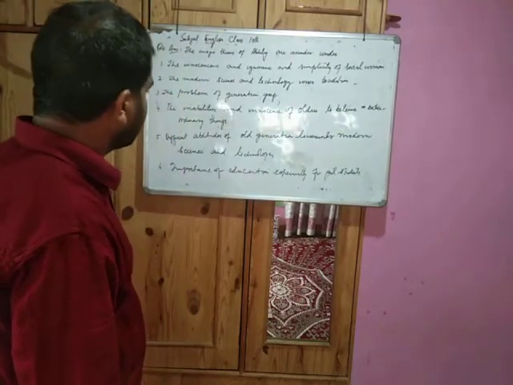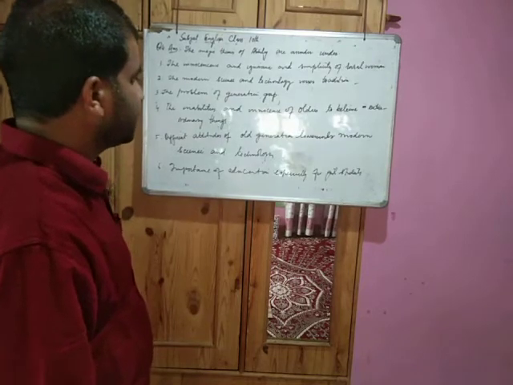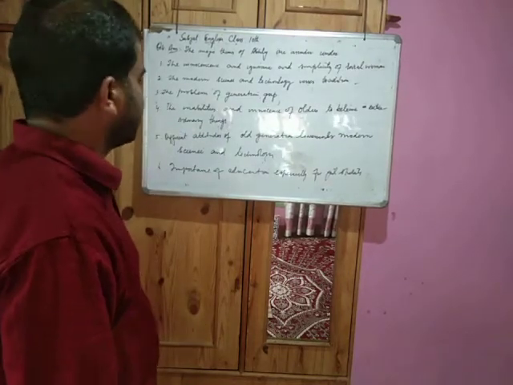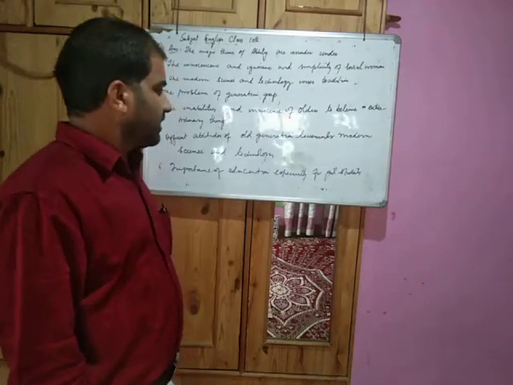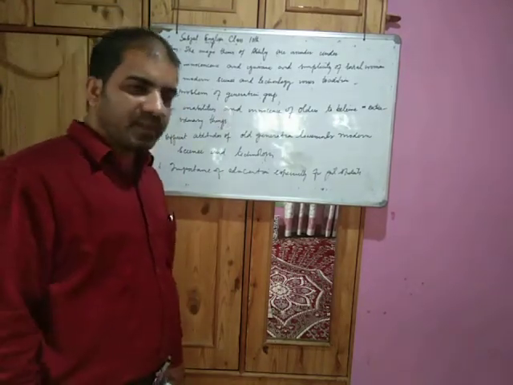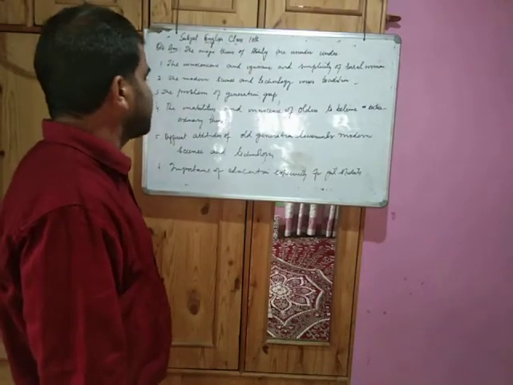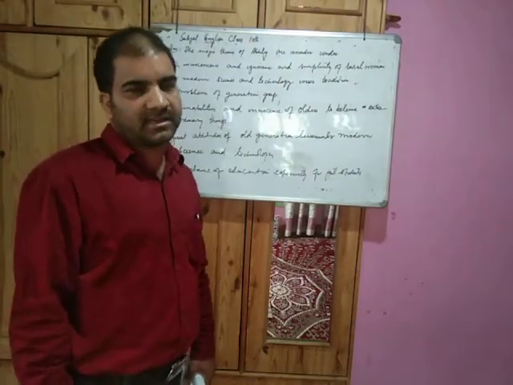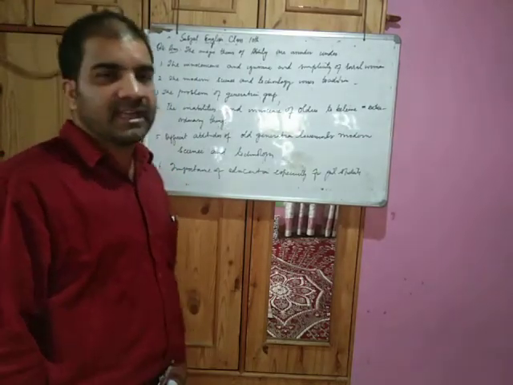And one more thing can be the different attitudes of the old generation towards modern science and technology. ये जो पुराने किस्म के लोग हैं, पुरानी पीढ़ी के लोग हैं, ये इसके साथ कैसा बर्ताव करते हैं कि वो साइंस एंड टेक्नोलॉजी को कैसे देख रहे हैं. They are taking it as miracles.